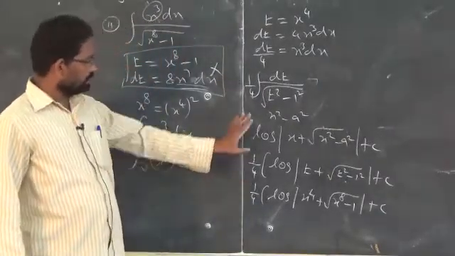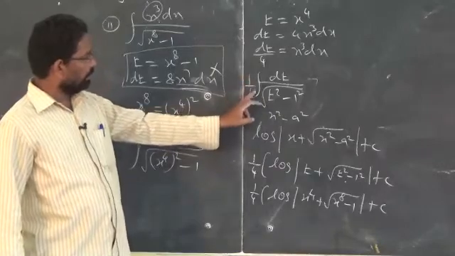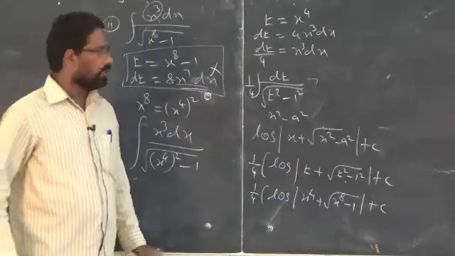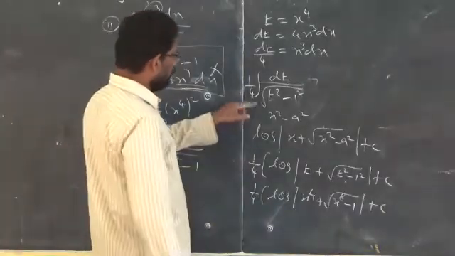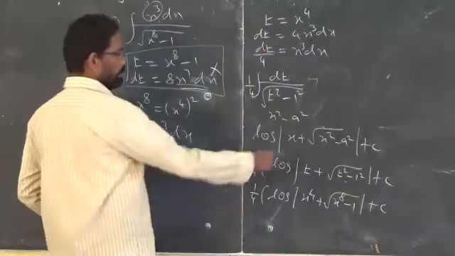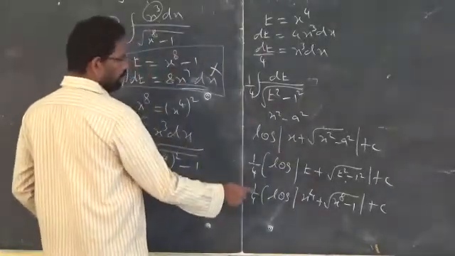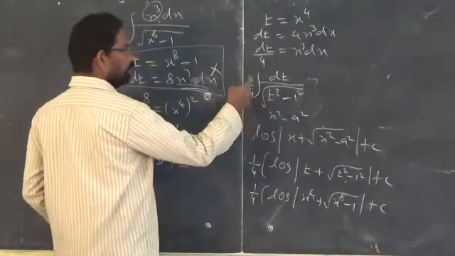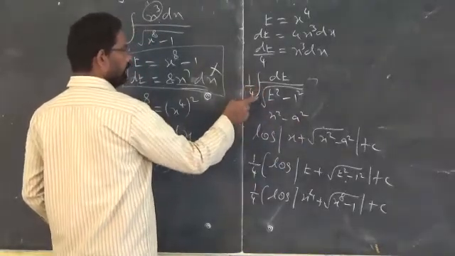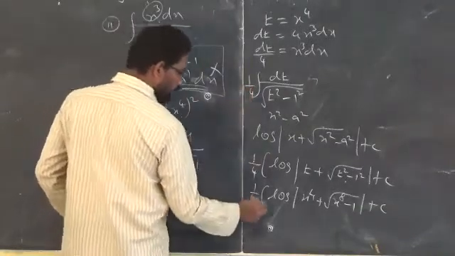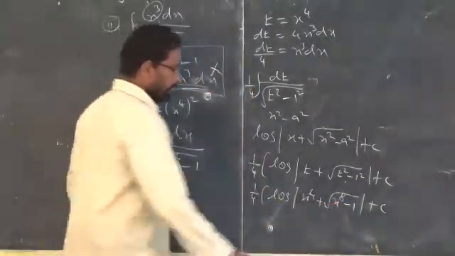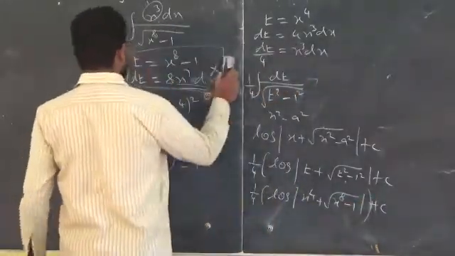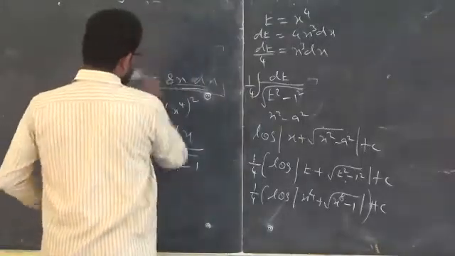Some of the boys just write the formula, they will not write 1 by 4. They think that 1 by 4 is there in the answer, but most of the boys are missing that factor which is outside the integration when applying this formula. So be careful while you substitute the values in the formula, ensure whether you have any factor outside of the integral. If you have any number outside of integration, please write it, then apply the formula. Clear? This is very important. Be careful. Otherwise, you may lose marks.